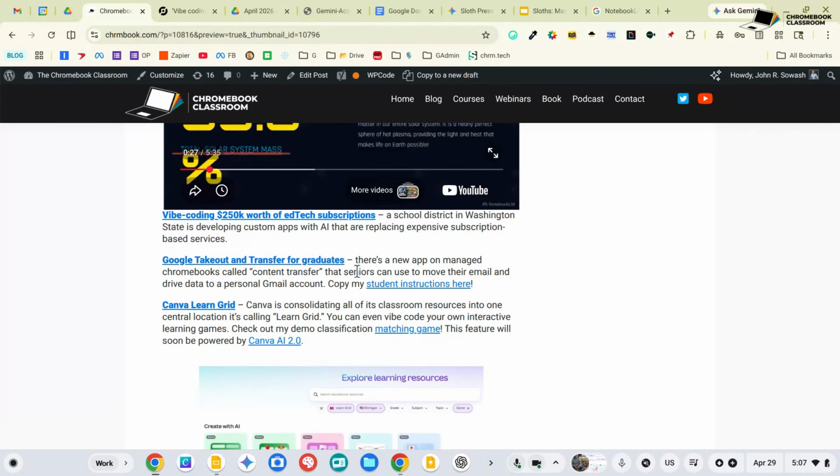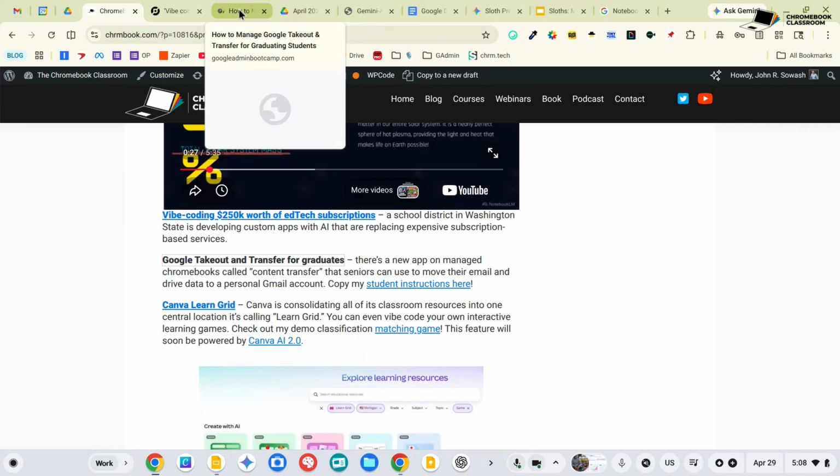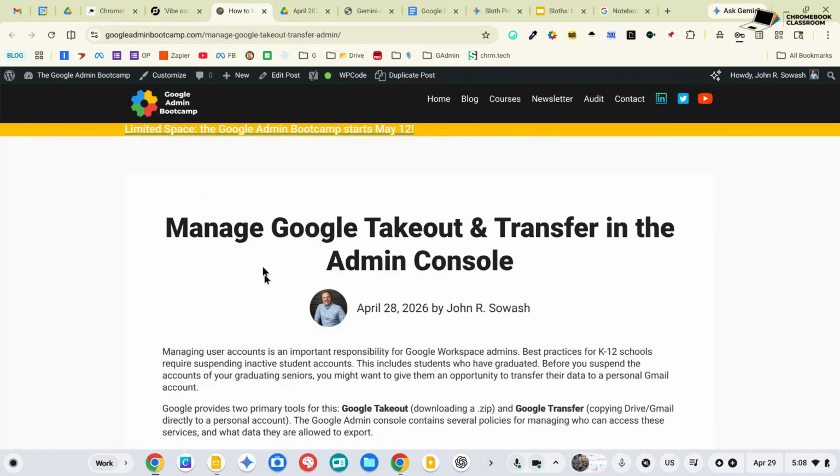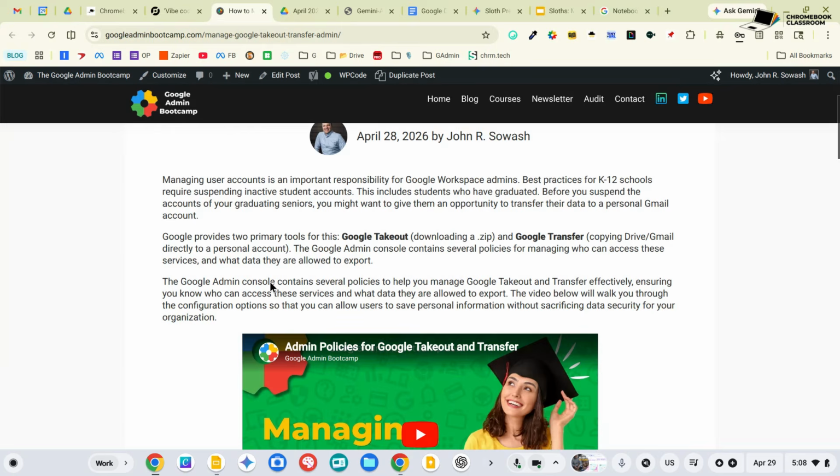Our next link is a celebration of the pending end of the school year. This is just a reminder that your high school seniors, and if you're a K-8 school, your 8th graders, can utilize the Google Transfer tool to transfer their emails and documents to a personal Gmail account.